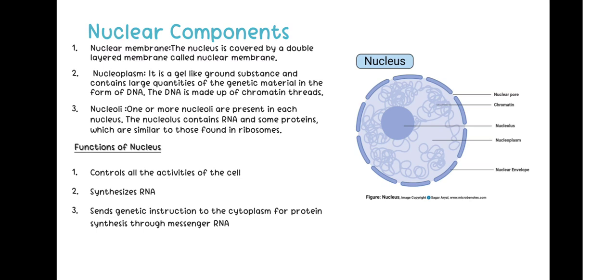DNA substance is present, and DNA is mainly made up of the chromatin thread, which becomes chromosome during cell division. Nucleoli, one or more, are present in each nucleus. So in one nucleus, one or more than one nucleoli may be present, and the nucleolus contains RNA and some proteins